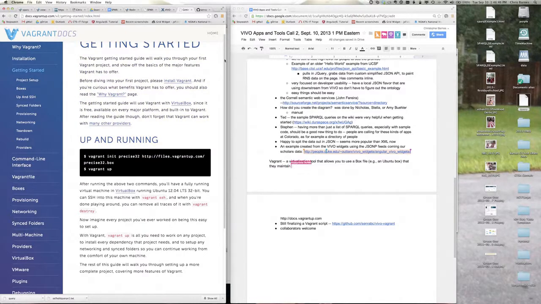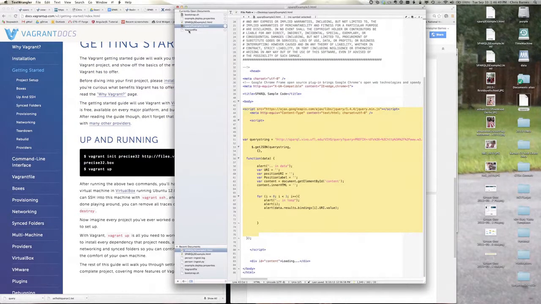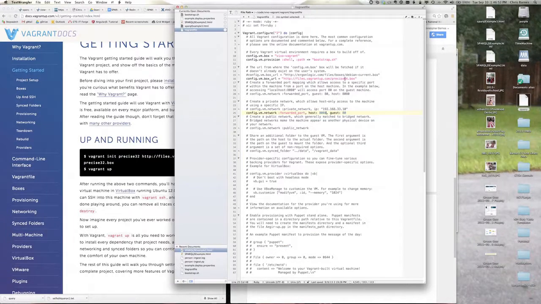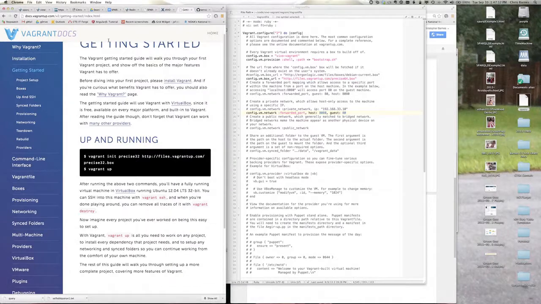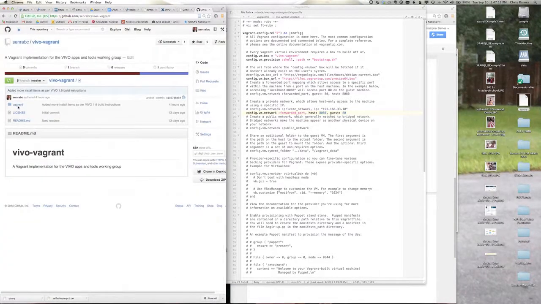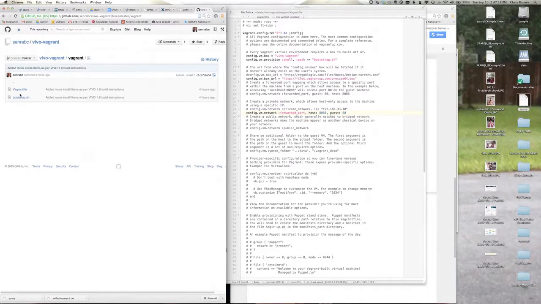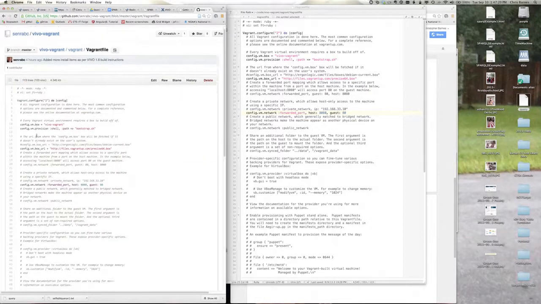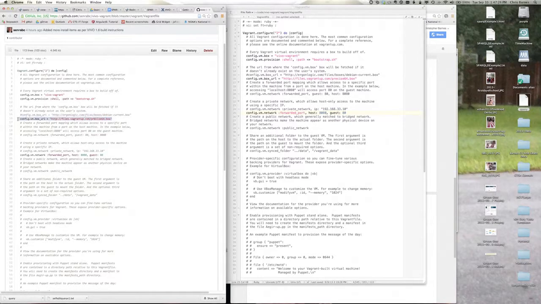So I'm going to show you in my Vagrantfile here. This is the other important piece of this: all of the settings and all of the setup for the virtual machine can be done through configuration files that can be committed to your Git repo. This file here is actually in the Git repository up on GitHub. You'll see it here in my text editor, and I'll go over here real quick just to show you that you too can check out this Vagrantfile. And this is the URL up at files.vagrantup.com where this box file is.